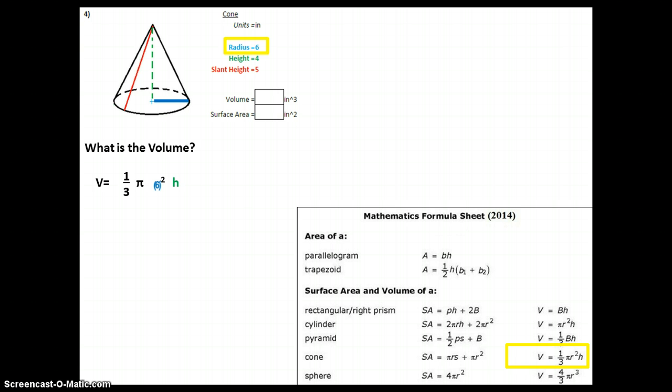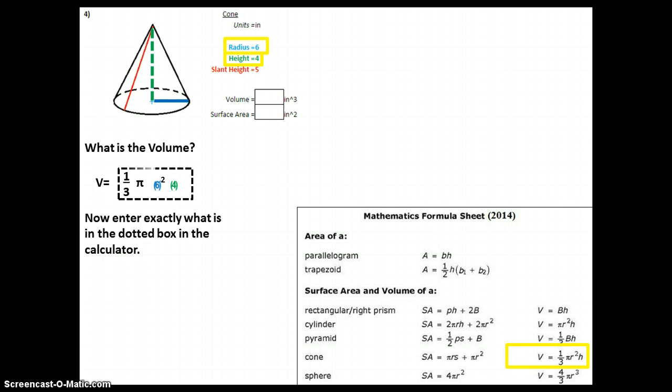H is the next thing we multiply by, and that stands for height. There you are. It's given as 4 and illustrated right there. Put 4 in parentheses, replace the H with it, and there we go. We have what we need to type into the calculator in the dotted box. And the answer rounds off to 150.8